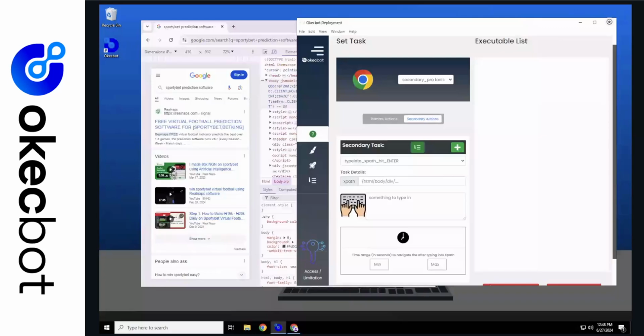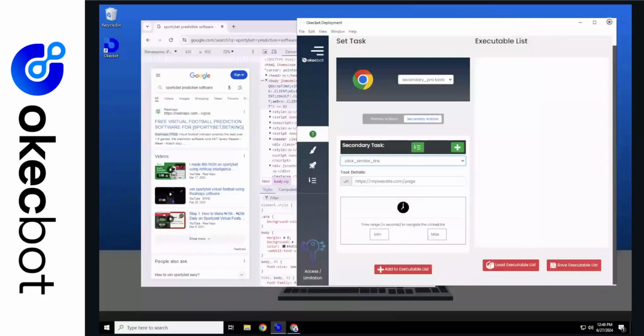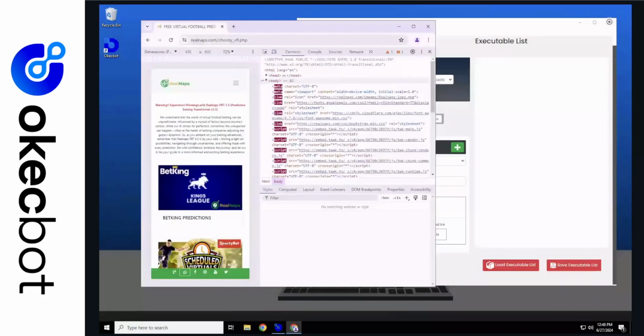Whenever you open up a page, there are lots of links on that page. If you want to click on any of the links, all you have to do is to choose the next secondary action or task, which is click similar link. This click similar link only takes in the link we would want to click and how many seconds we would want to stay after clicking on this link. The link we would want to click is